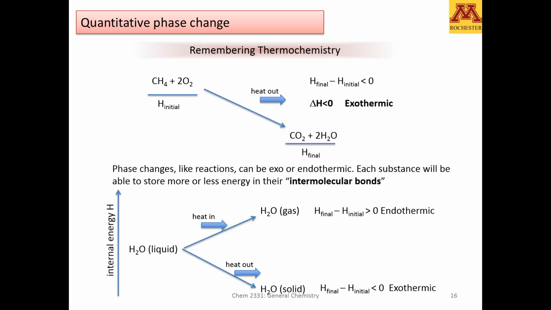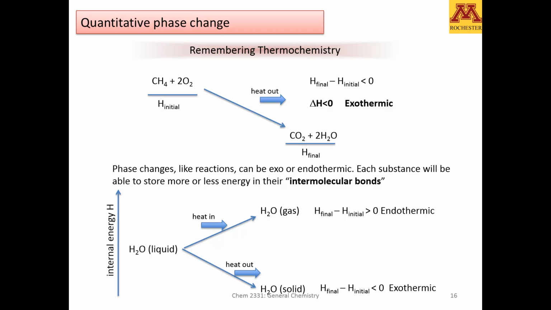So far, our description of phase change has been mostly qualitative, understanding what kind of interactions break when we melt and boil, understanding the ranking of intermolecular forces, etc. Now let's try to understand it from a more quantitative point of view, and you may need a little bit of unit and factor conversion to understand that,